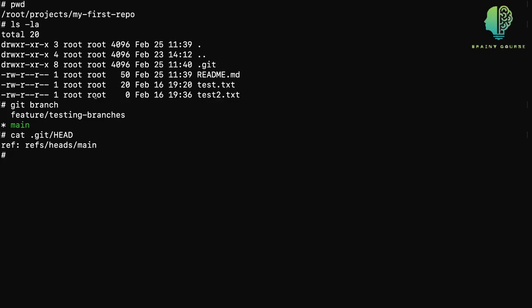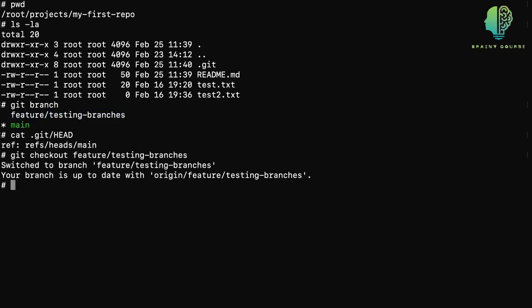If I change my branch to the feature testing branch, I use the git checkout command: git checkout feature/testing. I then go to my head file inside the .git folder by typing cat .git/head. The ref is now pointing to the feature testing branch, namely refs/heads/feature/testing. Notice that my branch is up to date with origin/feature/testing. I'll go back into my main branch by typing git checkout main and then check the reference file